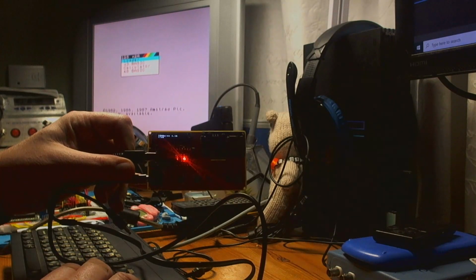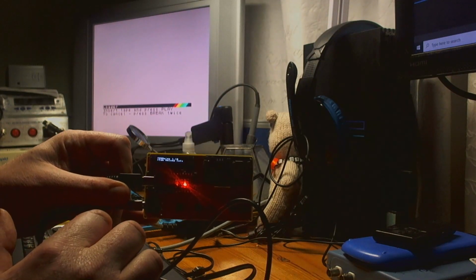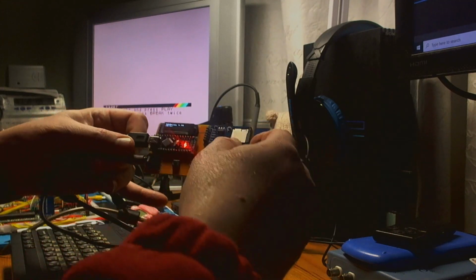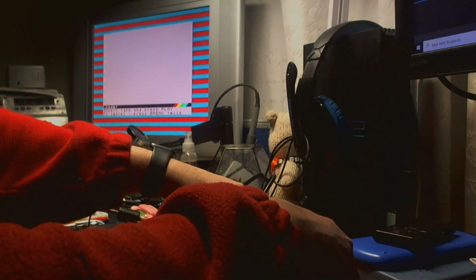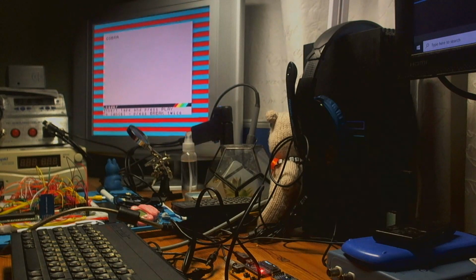So I'm going to start the load process off on the Spectrum by selecting loader from the menu. Insert tape. Well, we're in a cassette free future, so I am going to select Cobra from the menu. There it is, and press play. And there we go. The familiar loading noise.